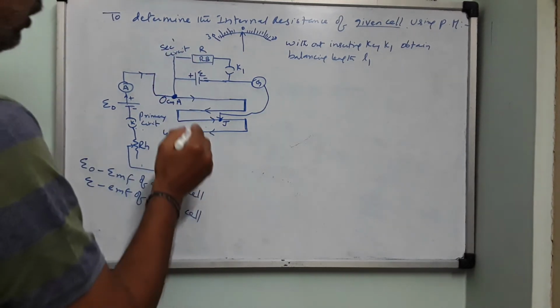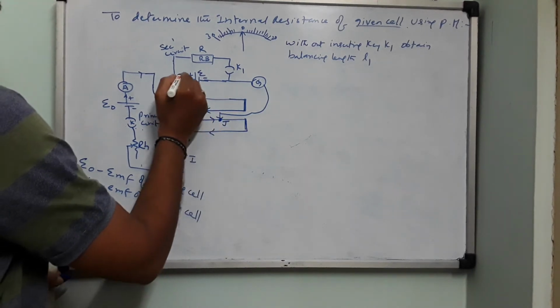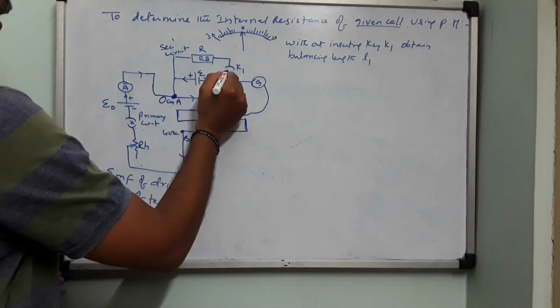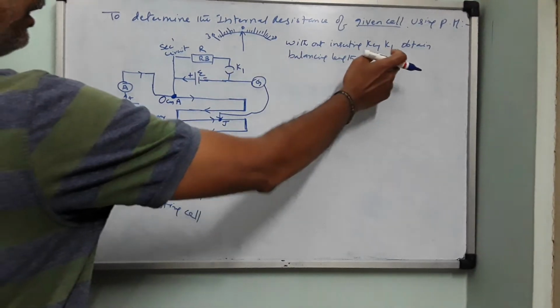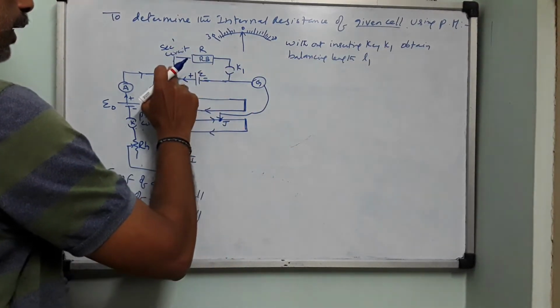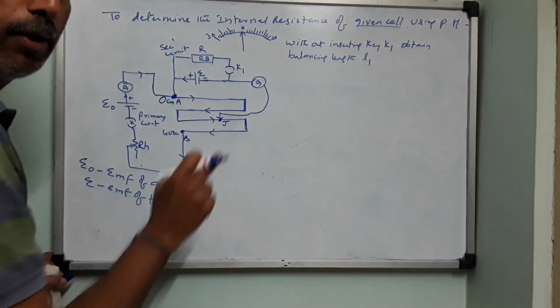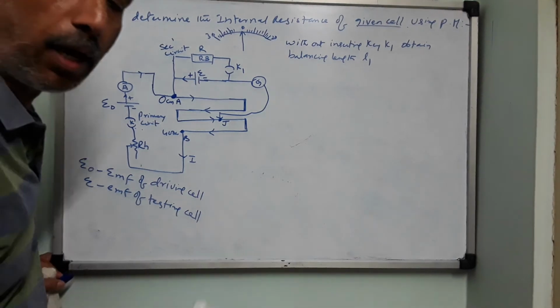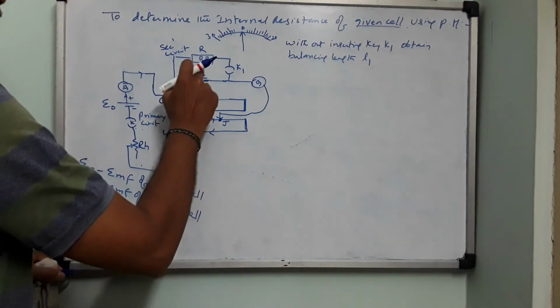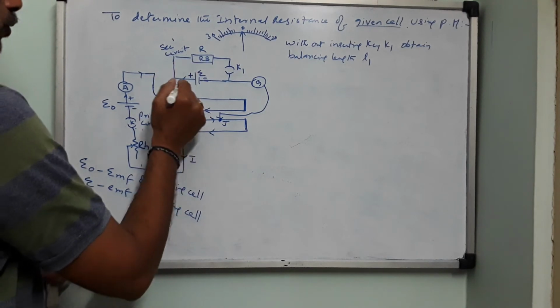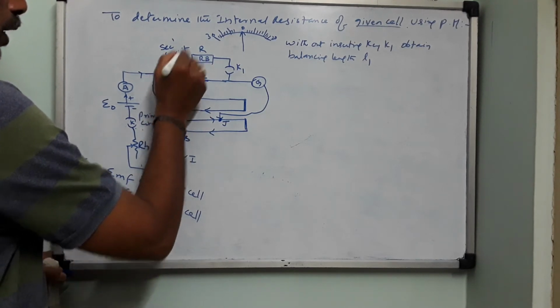Okay, right. So here this will be sending current like this. Now what about this key? Key is what? Open. Means this entire upper part is open, so no current will go. Open circuit means that particular part offers infinite resistance. So now the resistance box is offering infinite resistance. No current will flow here. So the current will come down only. No current will go up.